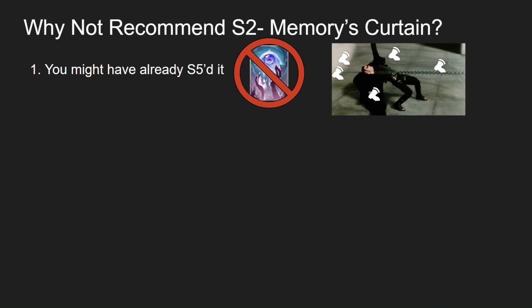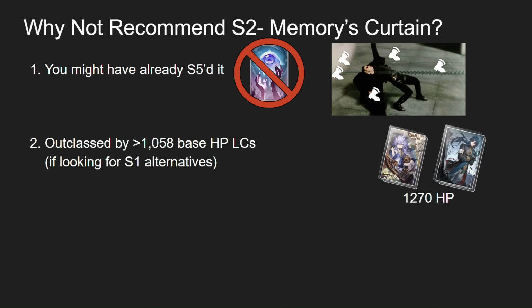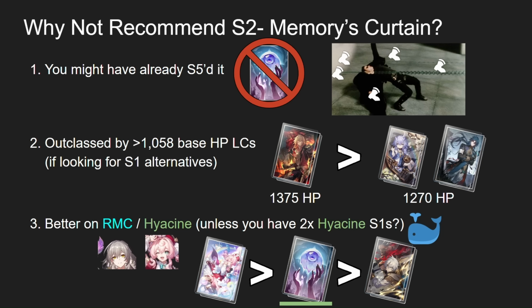And if you're still planning to use it, well, there's the problem of needing to dodge speed substats like the Matrix that I mentioned earlier. Second, it still loses out to Light Cones with higher base HP than 1058, like Bailu's, Blaze, and, if you're really crazy, Mighty's S1. And third, the extra base HP compared to Victory in a Blink makes Memory's Curtain a better